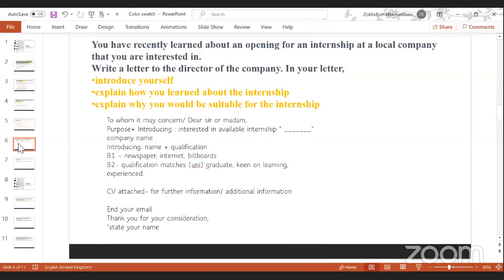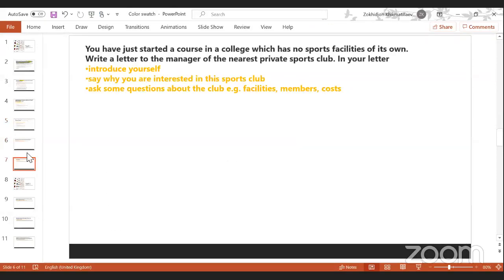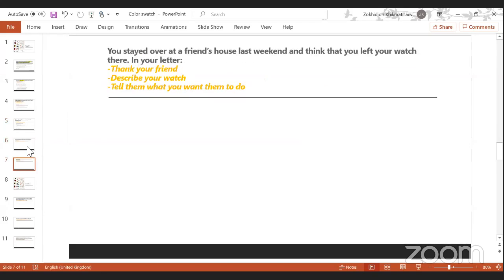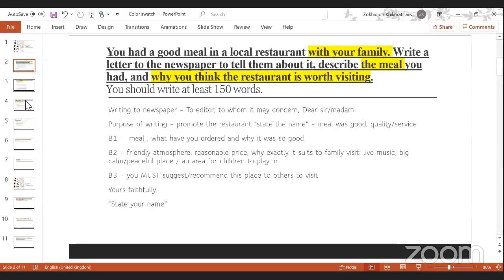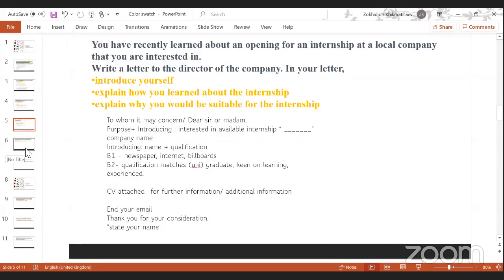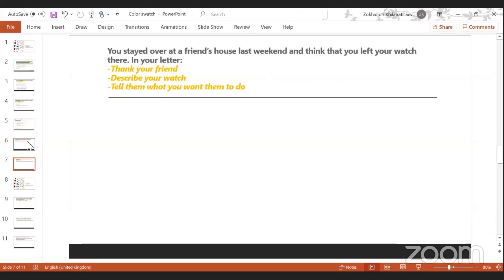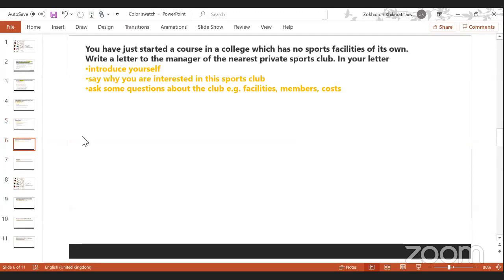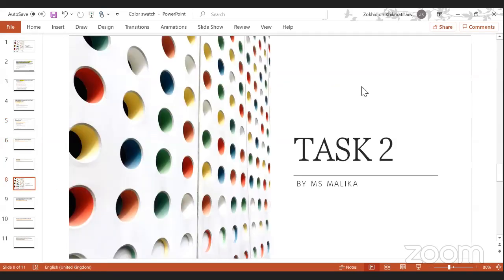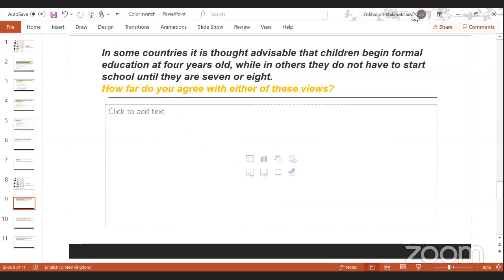Now, here I have 2 more emails. But what we will do is one of these emails will go as homework. You will discuss it by yourself as we did here, step by step. Even when writing at home with these emails, you have to have a plan like this one. So you follow this logical order. Don't mess it up, please. So one of these is your homework. And now we have task 2. Let's start. Do you see the task on the screen?